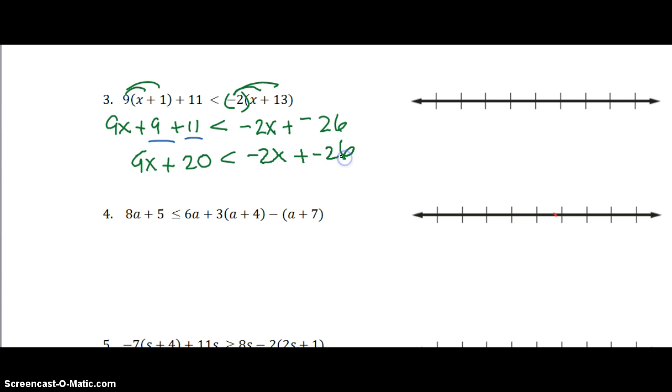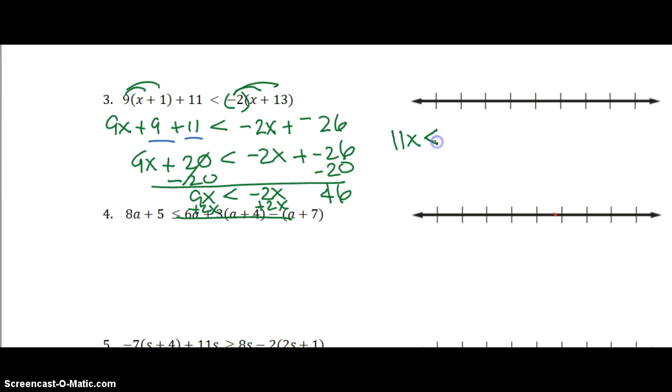negative 26. Go ahead and we could subtract 20. That's supposed to be plus a negative. Okay, subtract 20. Cancels. 9x less than negative 2x minus 46. Add 2x to both sides. Again, I'm running out of room. And 9x and 2x make 11x less than, that cancels, and that was a negative 46. Divide by 11,